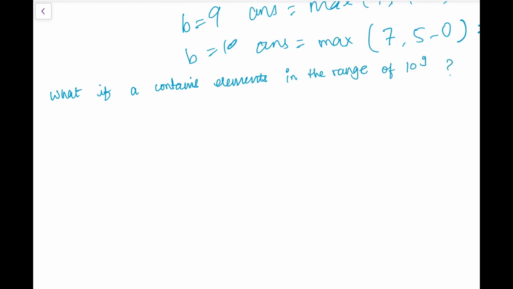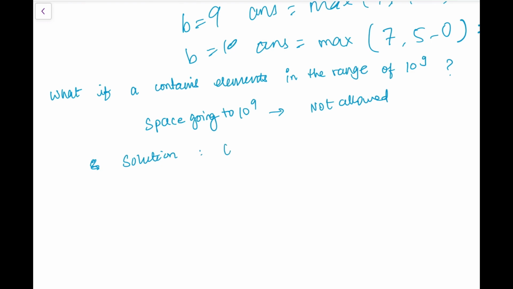In this case, we have this space itself going shooting up to 10 raised to the power 9, which is not allowed. It will throw an error that your space will be exceeding. In this case, I'll urge you to think on the side. The solution will be in terms of coordinate compression.